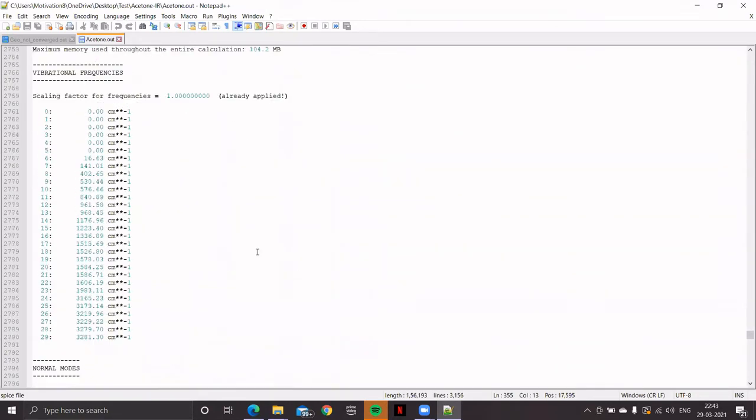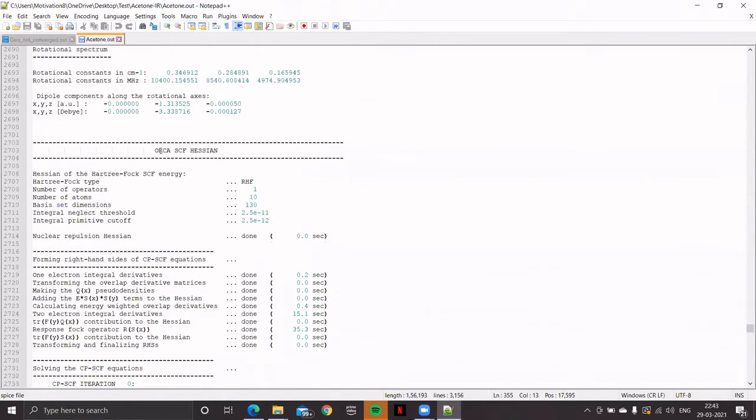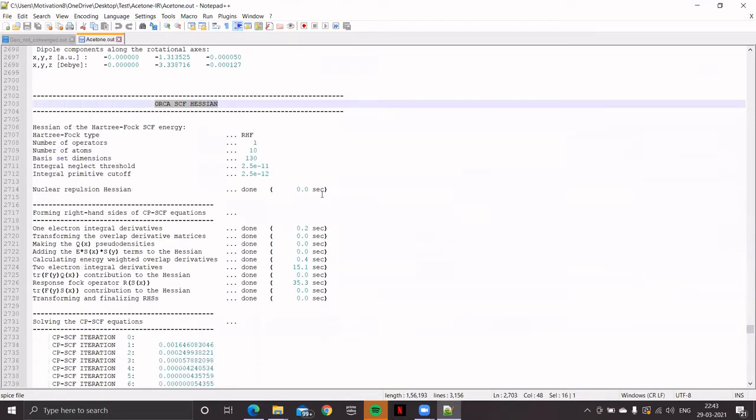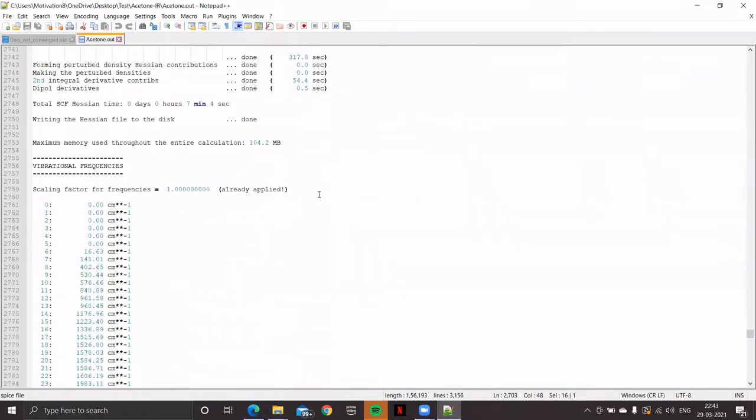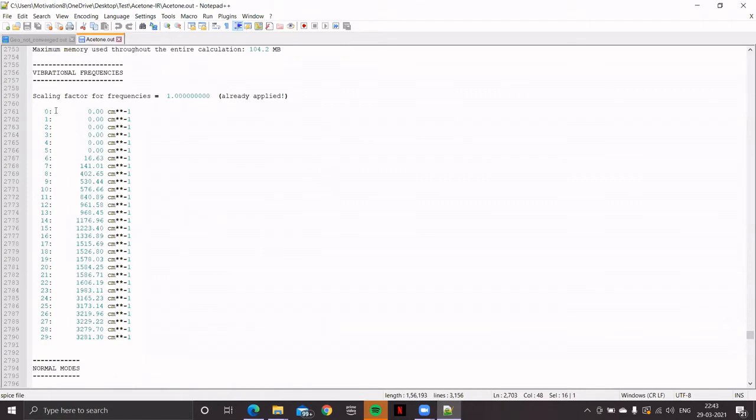Further downward, yes, this is the Orca SCF Hessian calculation, where they take the double derivative of energy, which will give you the force constant. And you'll get force constants for, look at that table,